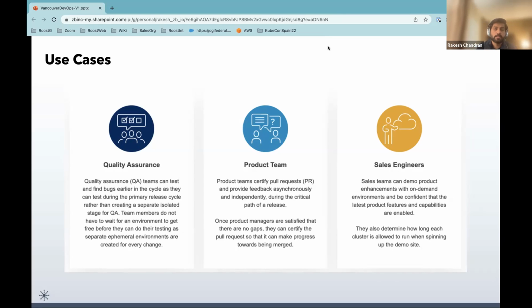Coming to sales cycles, most often in this cloud journey, the demo happens on an environment that runs 24/7. As you know, Kubernetes clusters, if you consider EKS or Microsoft's Kubernetes clusters, run 24/7.